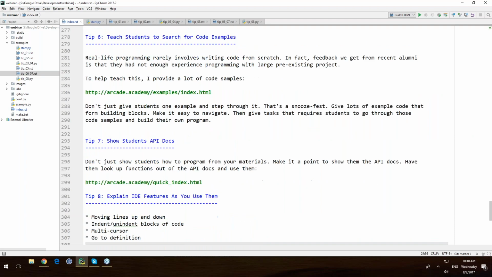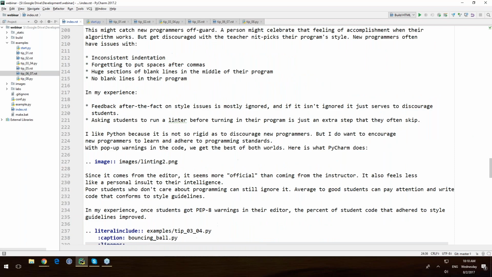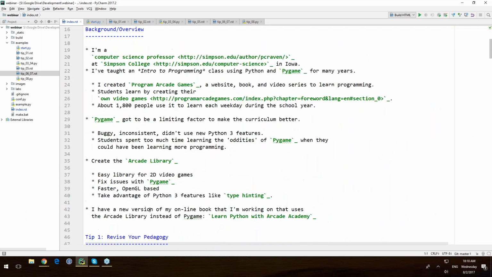If I create a link, whoops, I lost track of where I was, hold on. Long document. All right, if I create a link that doesn't link anywhere, it'll underline and tell me it's an unknown target name.